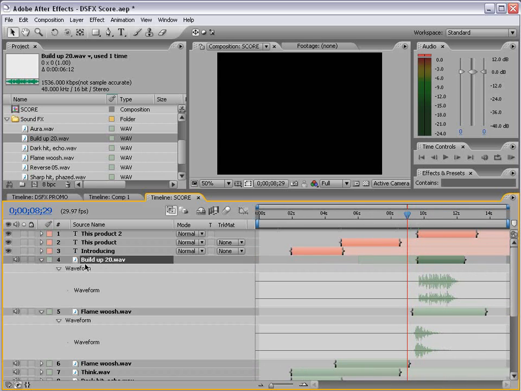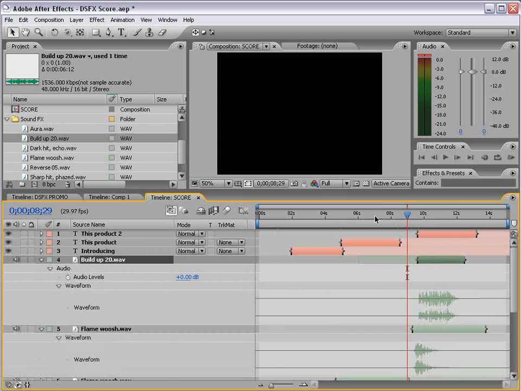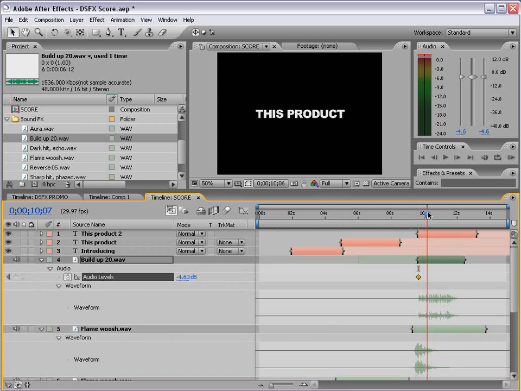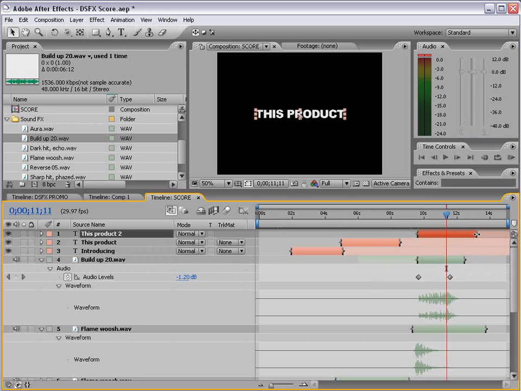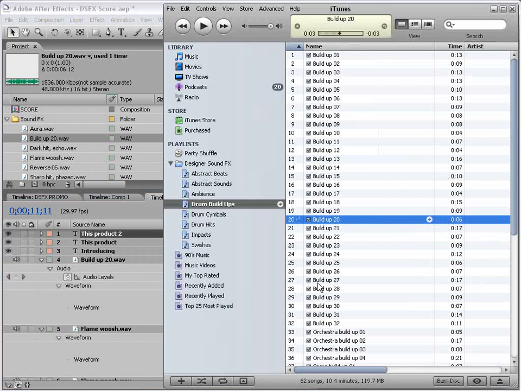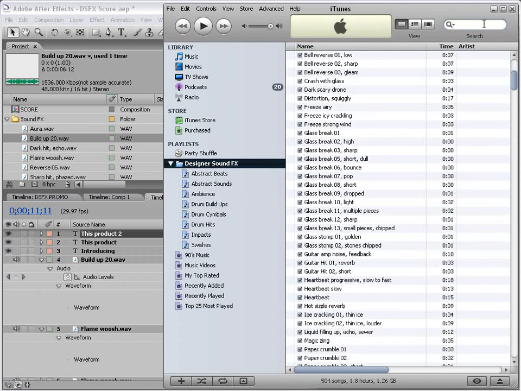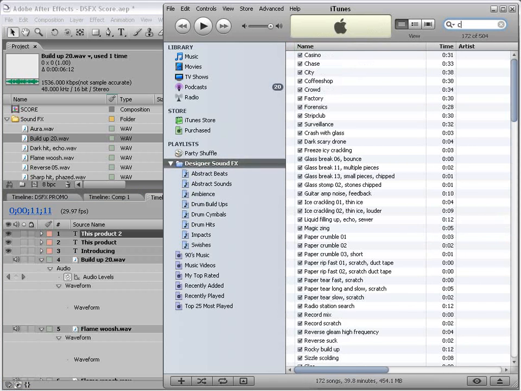Now, we can fade it on also. So we'll take the audio level at the beginning of it, bring it down a little bit, set a keyframe, move forward, and bring it up a little bit so that it kind of progressively gets louder. And then we'll just do a big ending right here. Whoops. And cut our text off. And let's find something to use with it. Let's look for like a cymbal. Let's see,